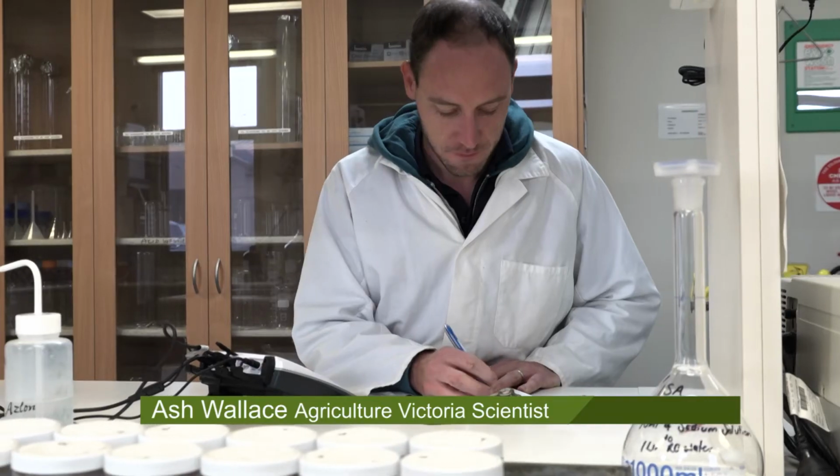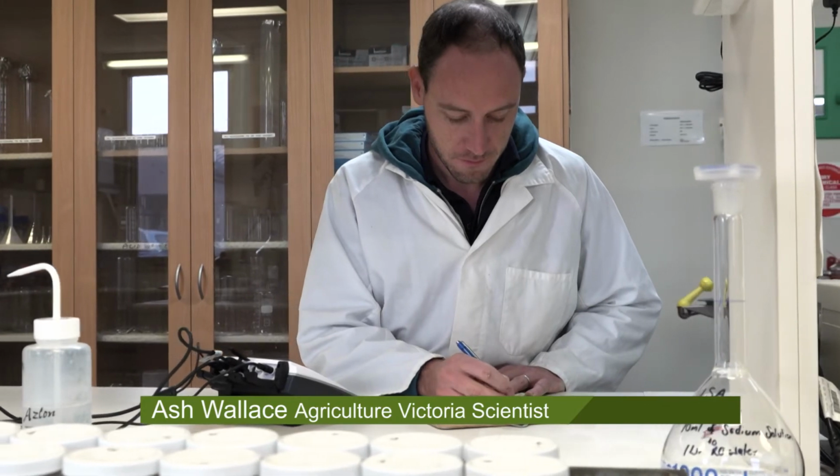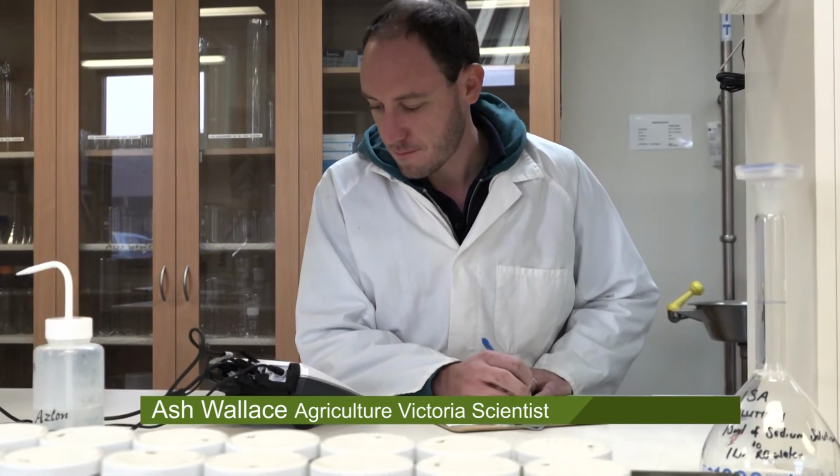we had found. Reducing current rates of fertiliser nitrogen input, particularly in some irrigated cropping areas and also in the high rainfall zone where paddocks have experienced a long history of legume pastures, can have minimal impacts on productivity while saving growers money. As part of his role in the project, Agriculture Victoria research scientist Ash Wallace found that the